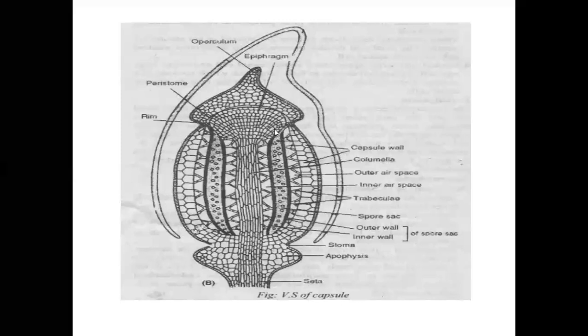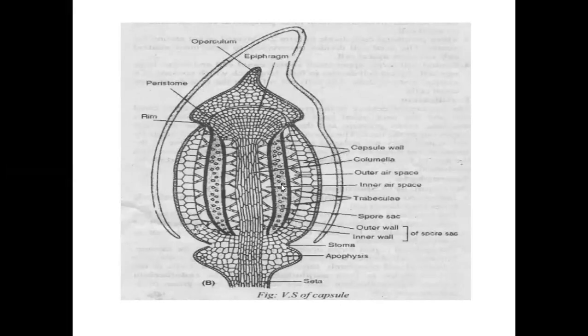At the matured stage of the capsule, the spore mother cells participate in reduction or meiosis division. They produce haploid spores. These haploid spores come out from the peristome teeth by the censer mechanism. At the matured stage of the capsule, the seta moves from front to back. By this movement, the cap is removed by the censer mechanism.